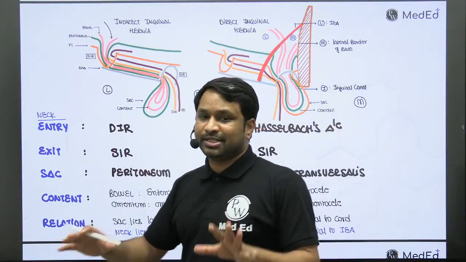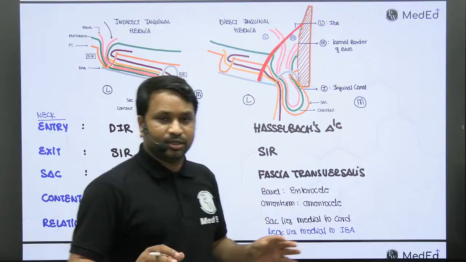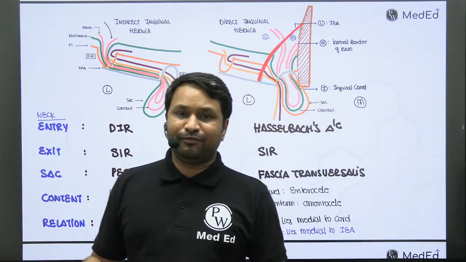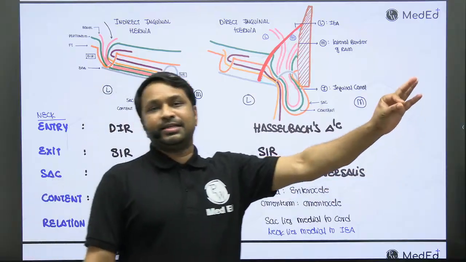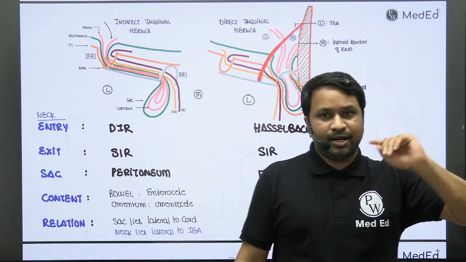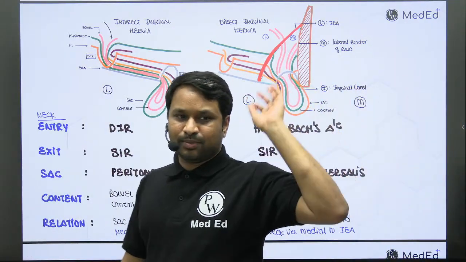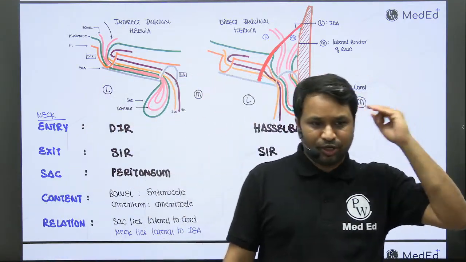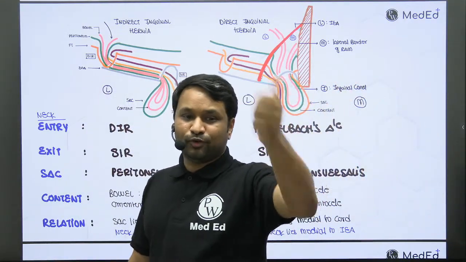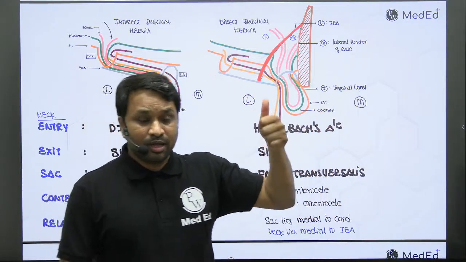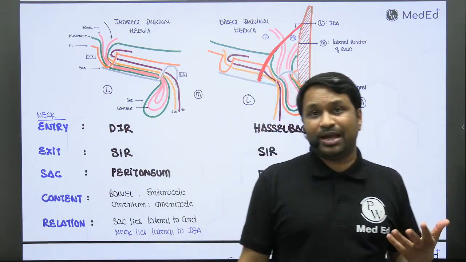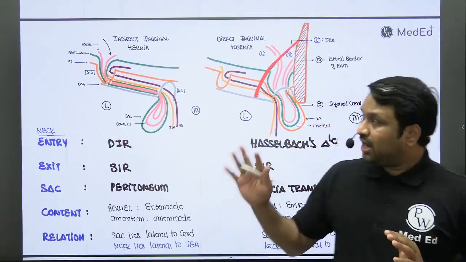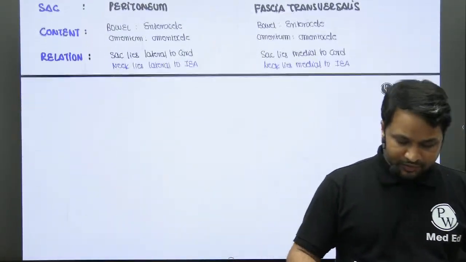So this is the basic concept behind the comparison between the two hernias, that is direct as well as indirect inguinal hernia। If you put this diagram and if you write these 4 or 5 points, मजाल है कि एग्जामिनर 1 मार्क भी काट ले आपके, ठीक है। It is not possible if you are precise with it. See, you have described the inguinal canal anatomy, you have described the sac anatomy, you have given the content, you have given the components, you have told all the complex difficult structures that need to be analyzed, and that is right in front of you, clear है, ठीक है। Now once you have the presentation, now we'll talk about the clinical features of inguinal hernia।